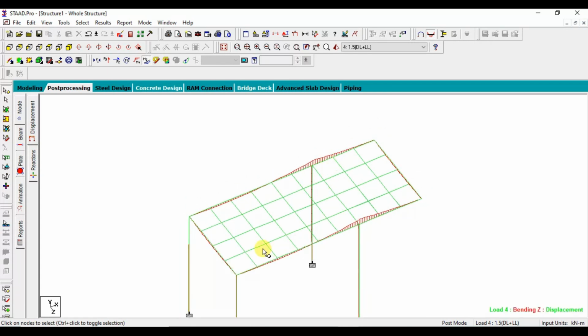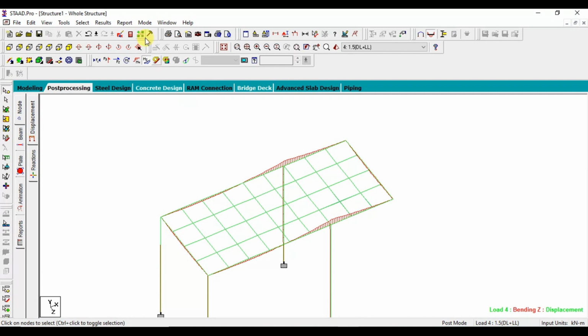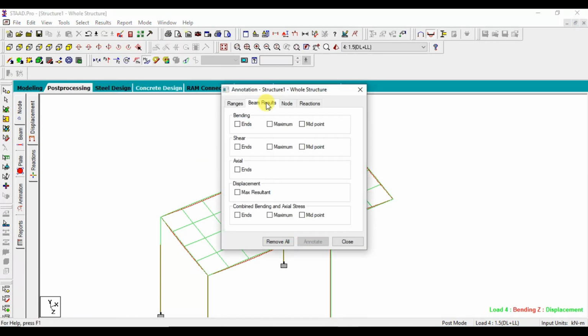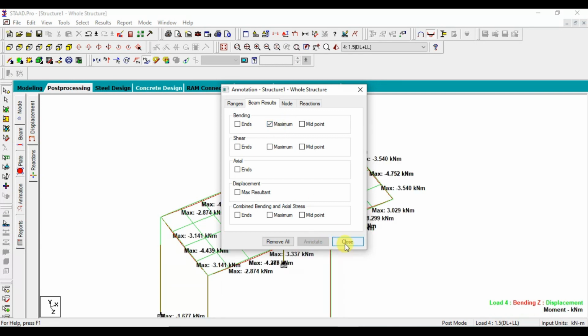So this is the bending moment for this beam. So this side is a cantilever, right? So here the moment will be more. Let's take the values, go to results, view values, beam results, maximum, give annotate.